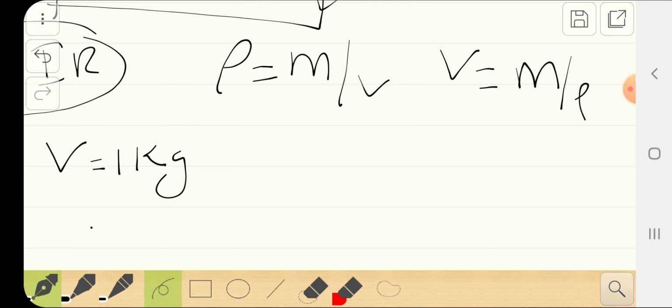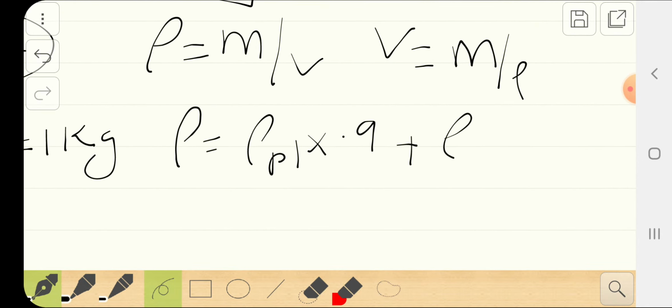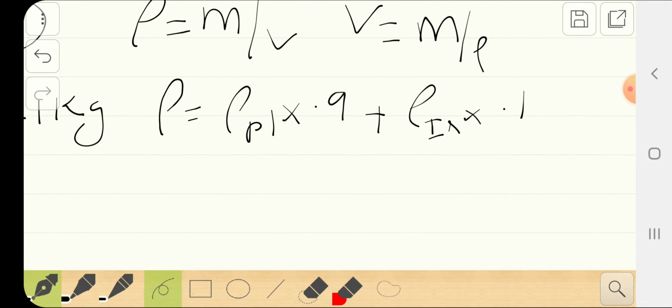Also you can say that the density of that cylinder will be the density of platinum times 0.9, because it's 90%, plus the density of iridium times 10%, that's 0.1. So you can find the density. I have here the densities and I have made that calculation earlier. You can calculate the density of platinum is